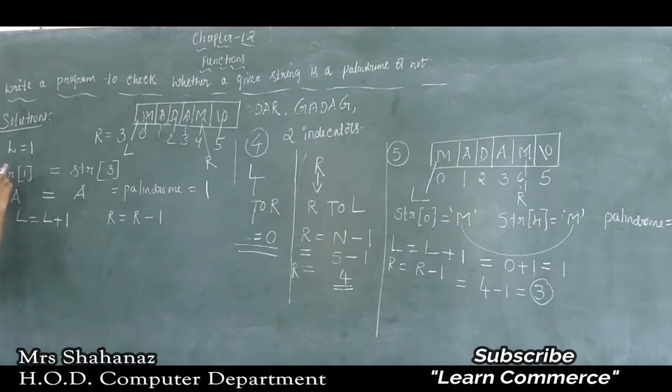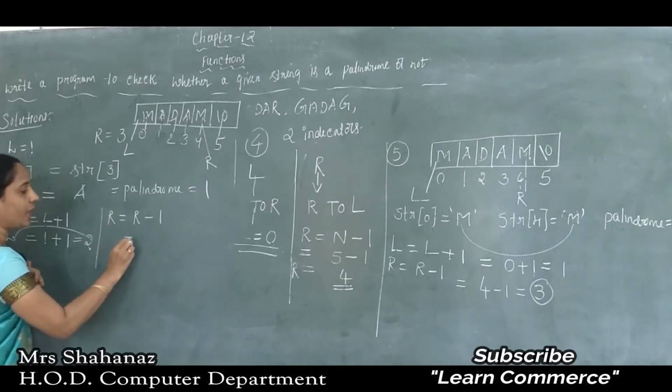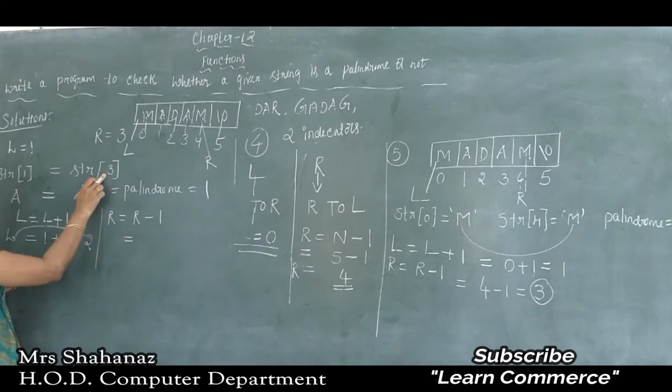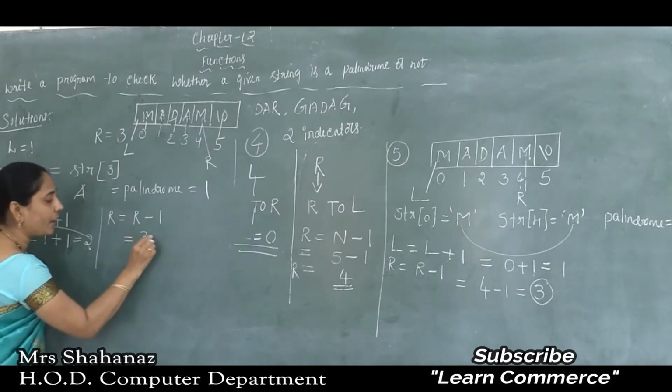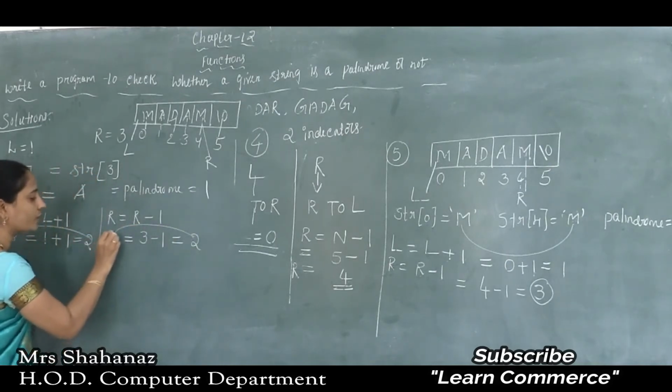And later, next one is about the last L value, which is 1, okay? So 1 plus 1, now what's the value of L? The L value is equal to 2. Clear this point here? Where did this 1 value come from? The last value of L, okay? So L is equal to L plus 1, and now the L value is equal to 2 here. And later, the R value: the last result of R is 3 here, so 3 minus 1, now what's the value? 3 minus 1 means the R value is also equal to 2, okay?